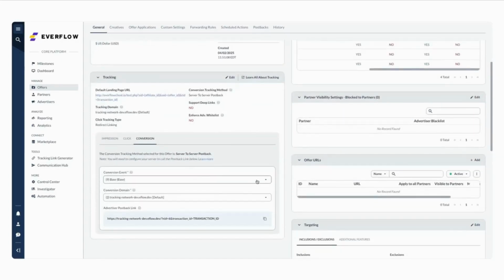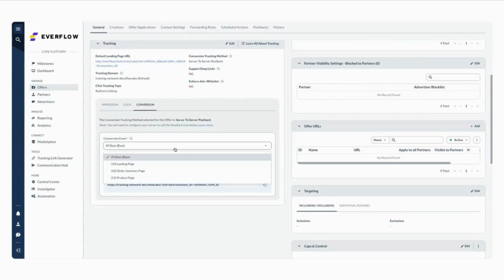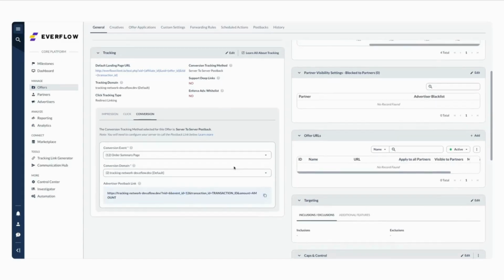Before, I think a lot of people didn't realize that it was right there for them to grab and use. And so for one, I am glad for this change. You can still do the same functions. For example, if you want the advertiser postback to be generated for the different events, you can just click on a different conversion event and it'll reflect right here, and all you have to do is grab it. So the functionality that you were using,